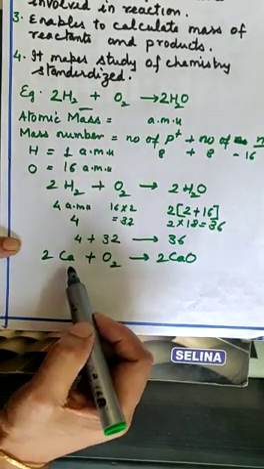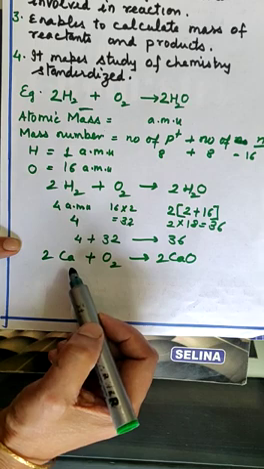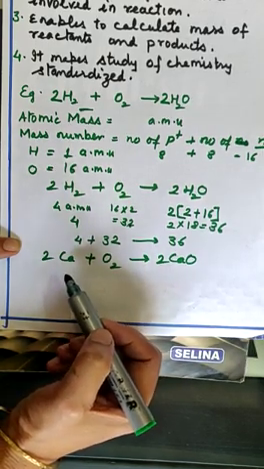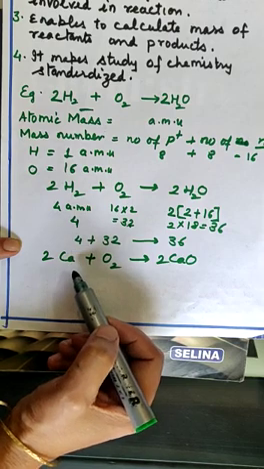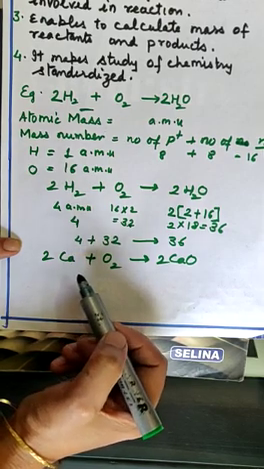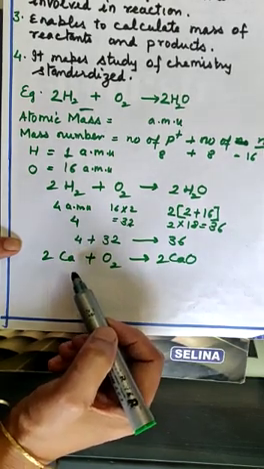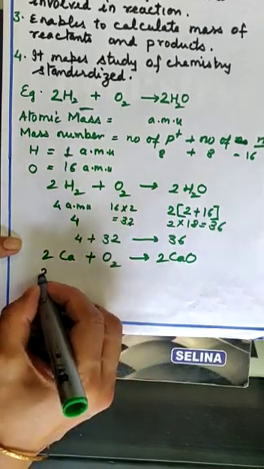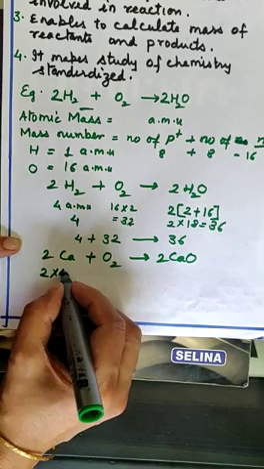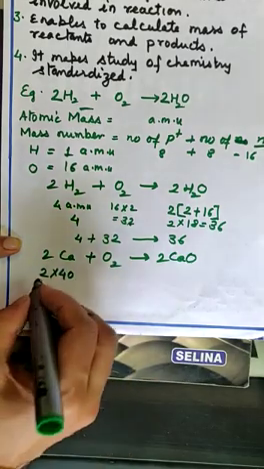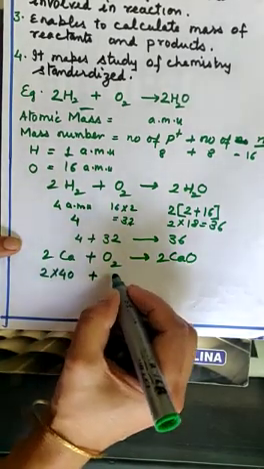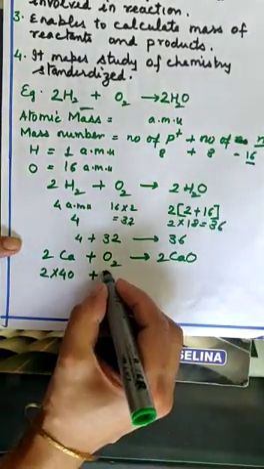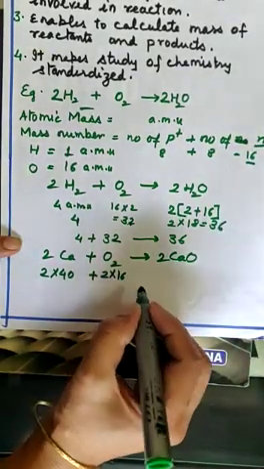In the case of calcium, the atomic mass is 40. Otherwise too you can calculate it, because calcium's atomic number is 20. It contains 20 protons and 20 neutrons. So 20 plus 20 becomes 40. The atomic mass of calcium is 40, and 2 into 40, that is 80 unit mass of calcium, combines with oxygen. We have already seen that its atomic mass is 16 unit. So 2 into 16,